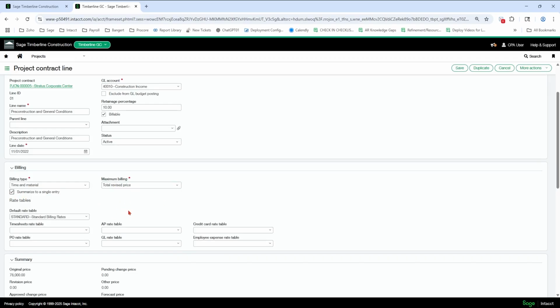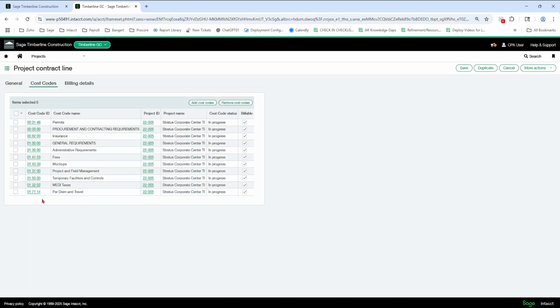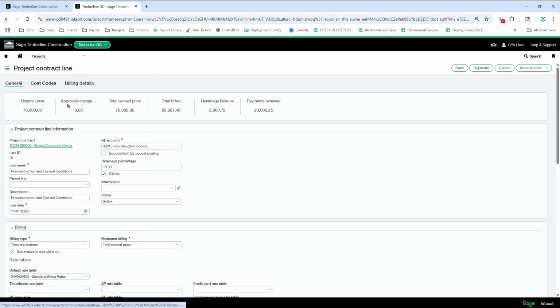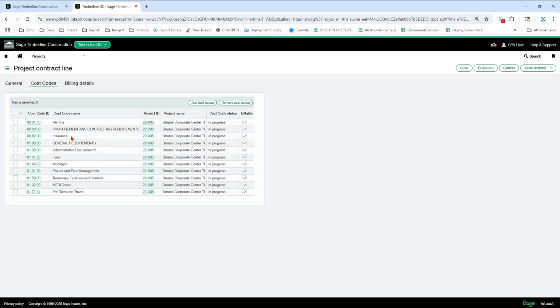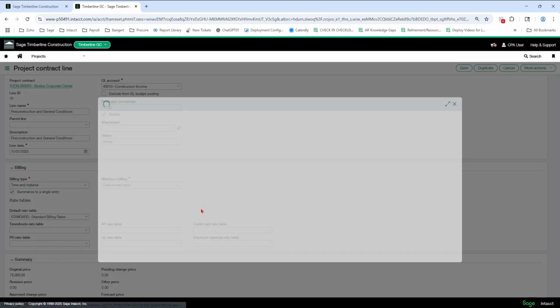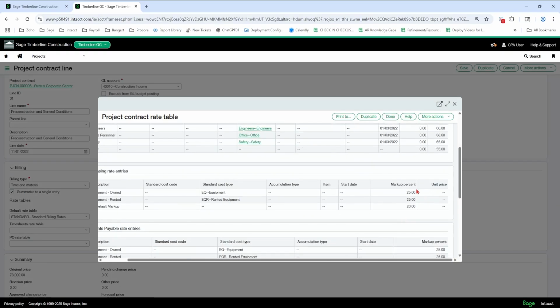So it's going to summarize all of my costs, all my cost codes I'm going to link here in a minute. They're already linked, excuse me. All these cost codes are already linked to this line. It's going to summarize them all into one line, to this pre-construction line, and it's going to apply this rate table to them. So if I have any permit, and then bonding, time, hitting any of these cost codes, it's going to look to this rate table, and it's going to use that logic to calculate the labor rate or the markup percent.